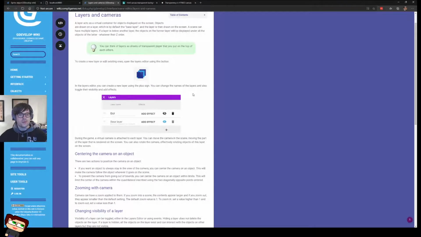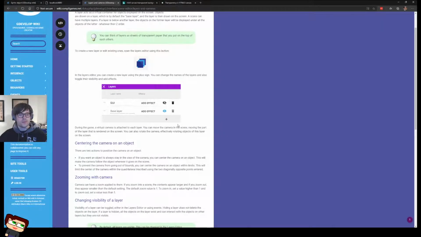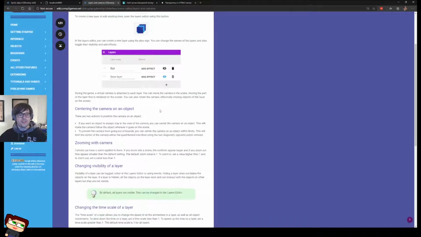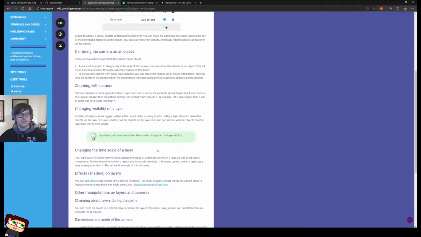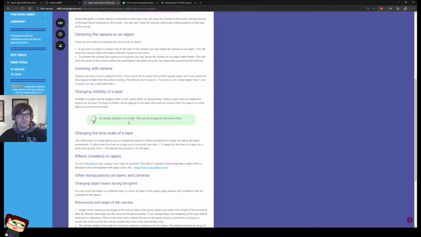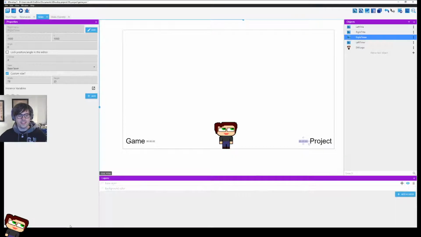Okay. Layers, changing the visibility of a layer. By default, all layers are visible, though this can be changed in the layers editor. Can I do that? Is it that simple? Hide this. Okay, so that's my base layer.